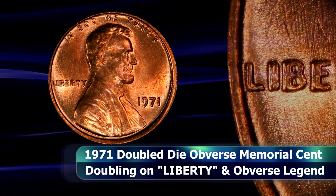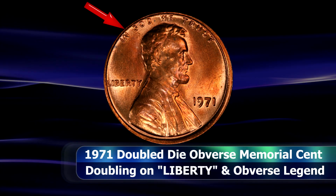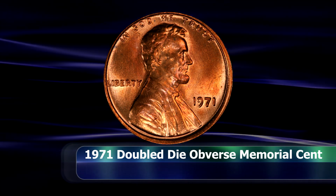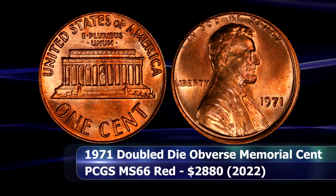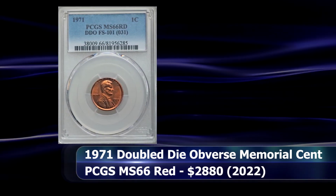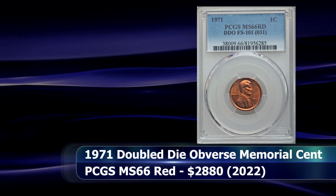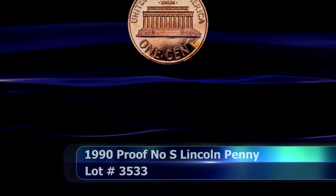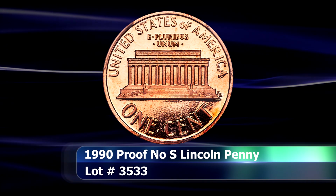A fun and somewhat unusual diagnostic point for this variety coin is the fact that the obverse die was slightly misaligned, in this case towards the 10 or 11 o'clock point, to make the coin seem slightly off-center. Graded as PCGS MS66 red, this example was sold at auction for $2,880. Where proof variety coins are concerned for the Lincoln Cent series, a likely candidate for the best known of